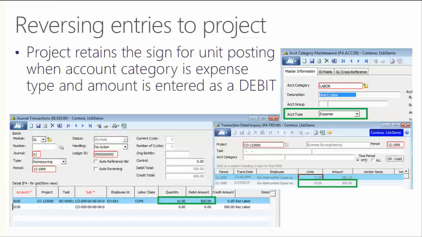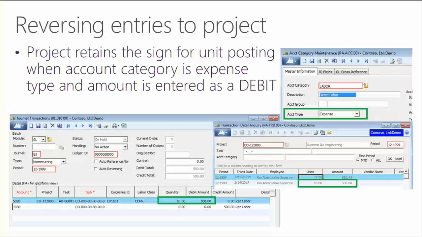One thing on reversing entries that we've found, specifically if you're using project, this didn't really come up before until they offered this new feature. So if you have transactions that flow over to project, let's say you're entering your labor from your third party payroll provider, and you're entering some kind of labor transaction into GL, and you realize that it's wrong, and you go to reverse it, with project we have to be careful. So what happens is,